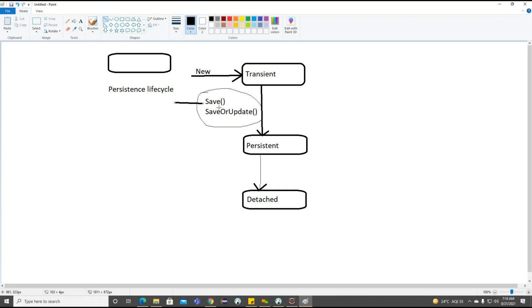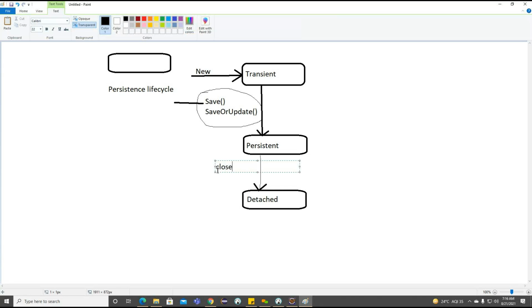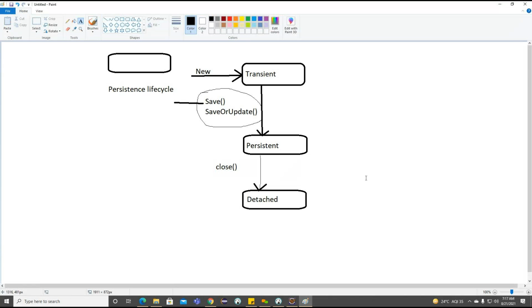Whenever we call session.close, we have the close method. So whenever we close the session, what will happen? Whatever object is associated with the persistence manager is no longer available in the persistent state.